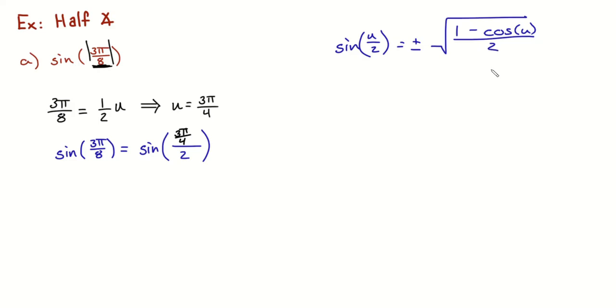And as long as we can look at what we've just done and say, wait a second, I know what u is, we should be okay. What is u in our problem? So let's just try this formula. So it's just equal to, and I'm going to keep the plus or minus for now, the square root of 1 minus the cosine of what angle? What was u? 3 pi fourths over 2. And I'm going to fix that because I hate the way it looks. It's because my font is too. 3 pi fourths